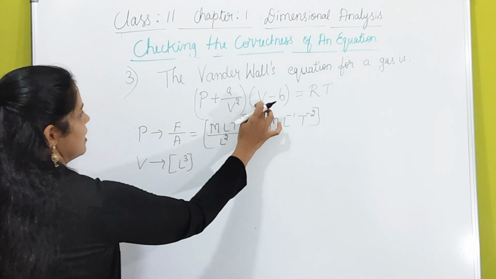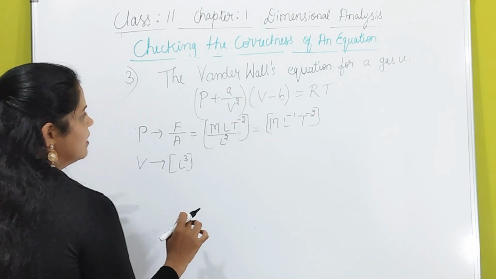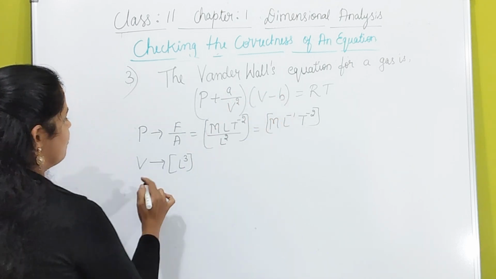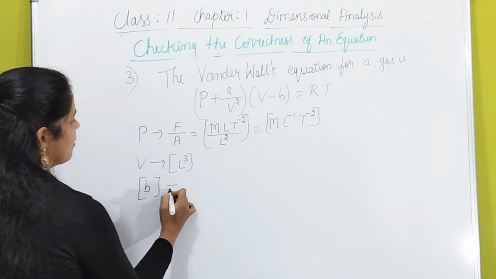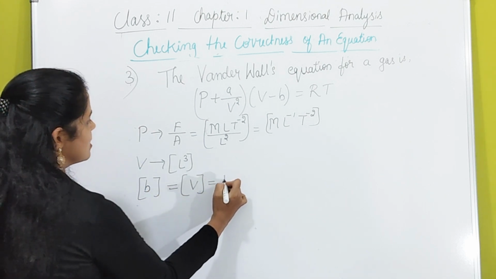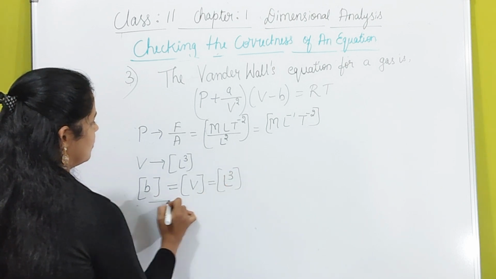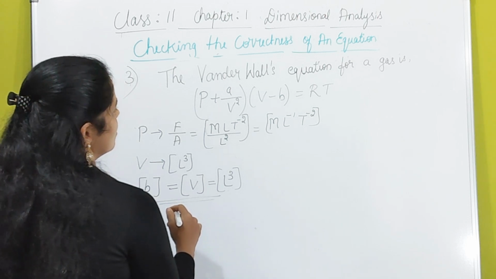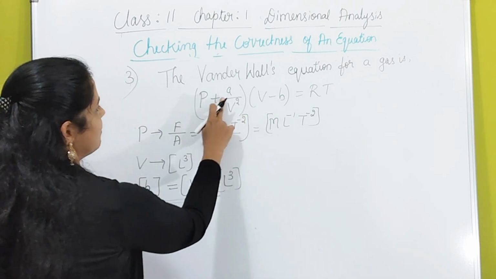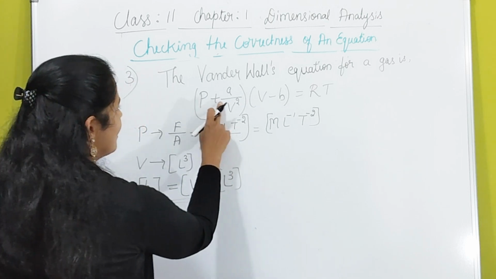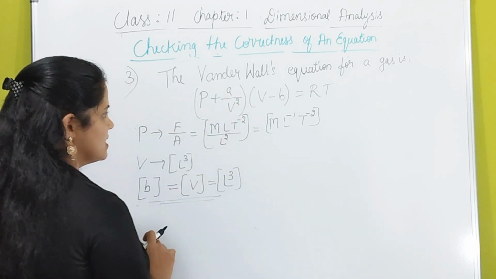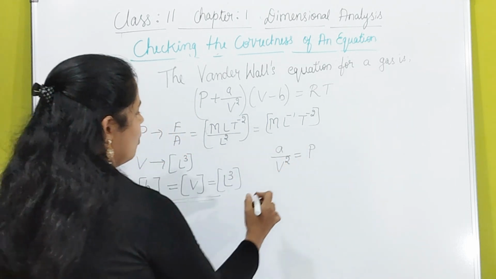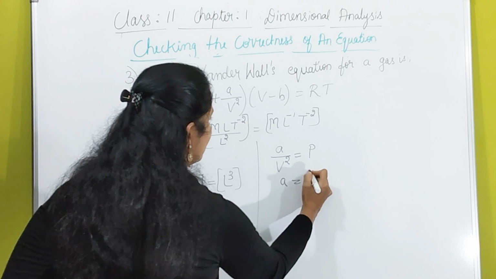First, let us calculate the dimension of A and B. So, look at here, V minus B means we can subtract same physical quantity. Therefore, what is the dimension of B? Dimension of B is same as dimension of V, that is L cube. Then, what is the dimension of A? So, here, look at this term, P plus A by V square. That means we can add only the physical quantity must be same. That means A by V square should be equal to pressure, or A can be written as P into V